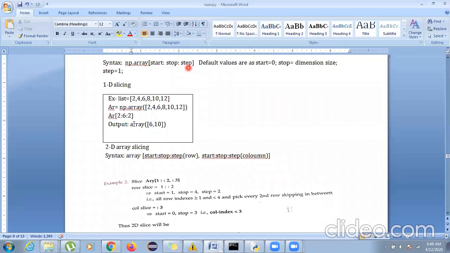So since they have written 2 over here, that means they wanted a step of 2. It should start from 2. So 0, 1, 2. So 6 should be the element for it. Then it should end before 6, that is the fifth one. So it goes to 10. And then 6, 8, and 10 come into its radar. But then what happens if 6, 8, and 10 come? They want a step of 2. So after 6, we have to leave 1, and the next count is our 10. So it will be 6 and 10.